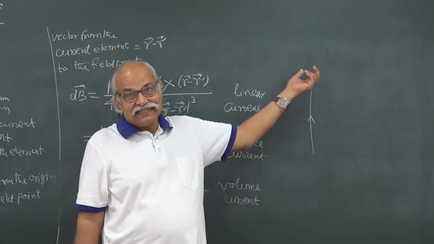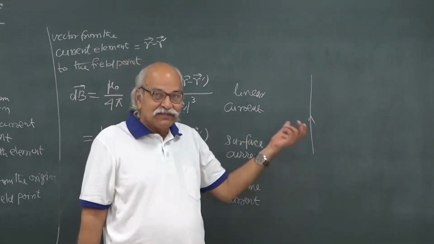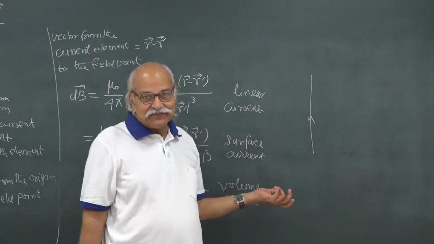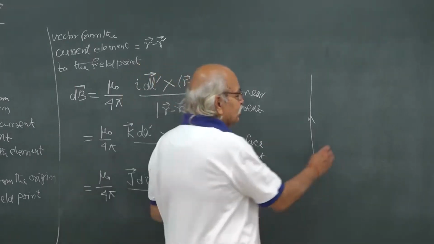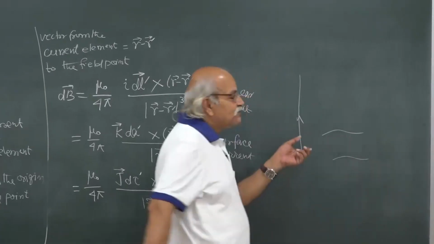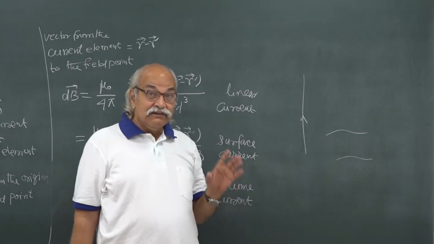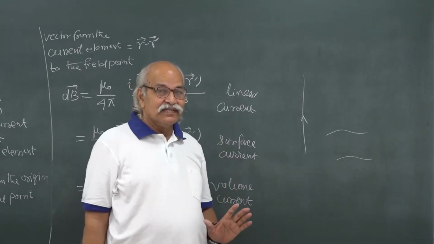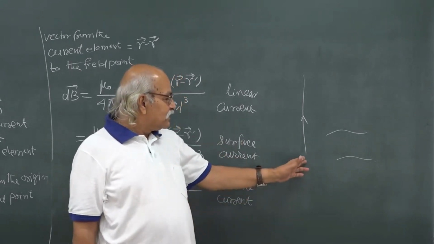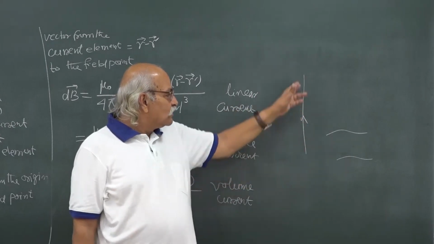It is a wire carrying current, so there has to be some thickness and therefore some volume. Similarly, if you have a surface, then the surface will have some thickness and it will become a volume. Even if you take a mathematical line, that line can also be